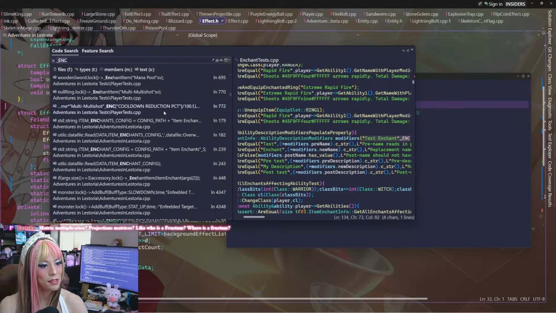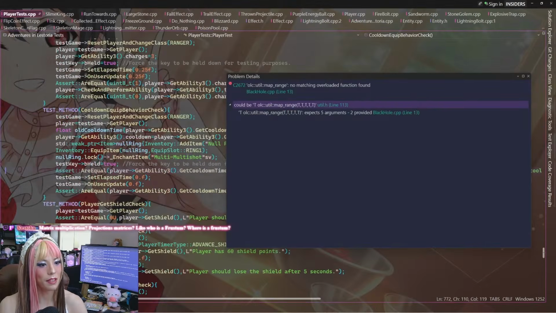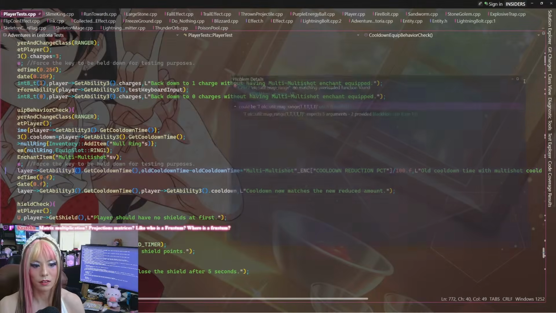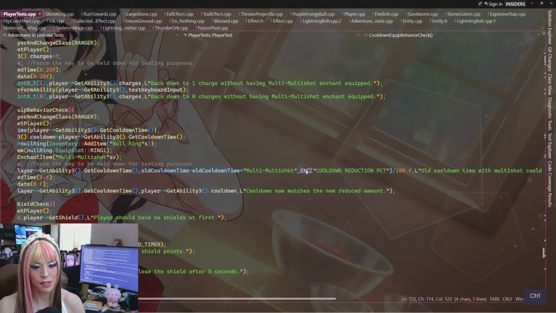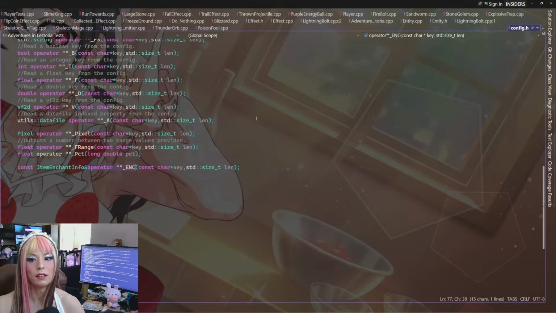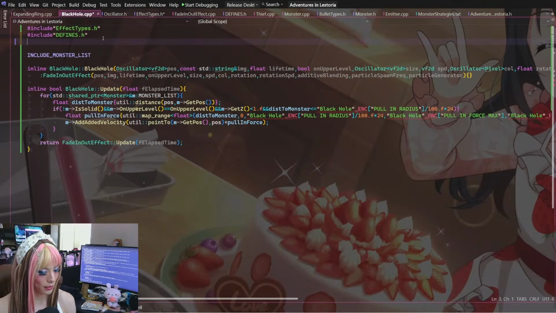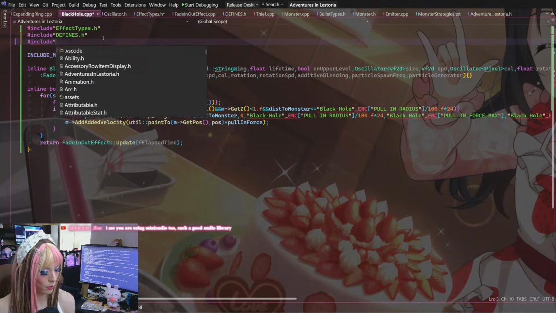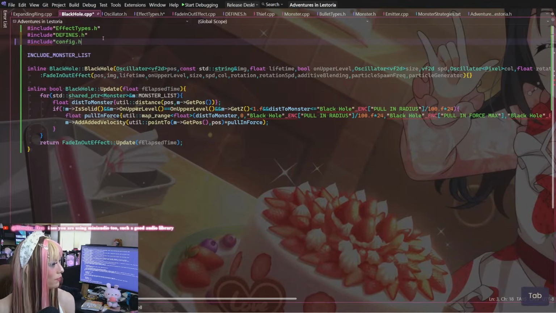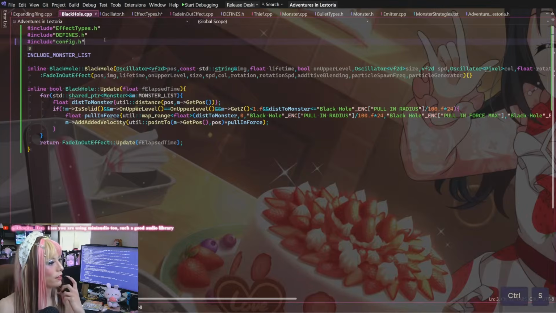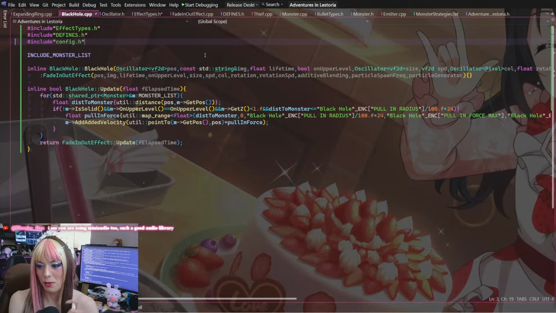I don't think that's... Okay, here's some other code that uses that. So maybe we can grab it from here. ENC comes from config.h. Okay. So we have to include that in here, apparently. Yeah. I guess when I was redoing some stuff, some includes got lost.